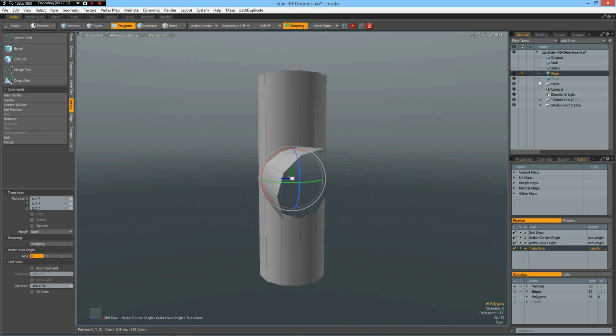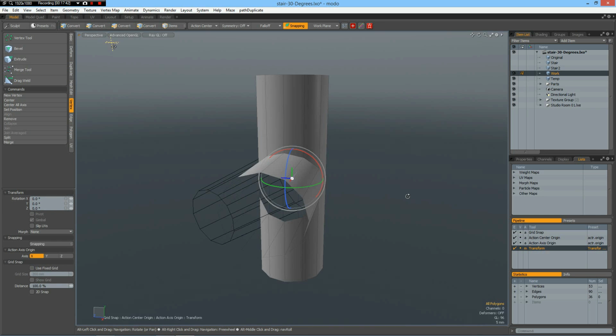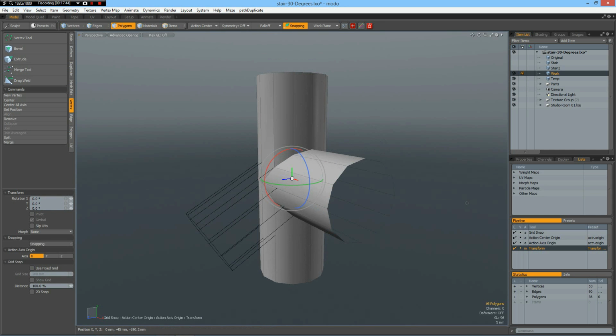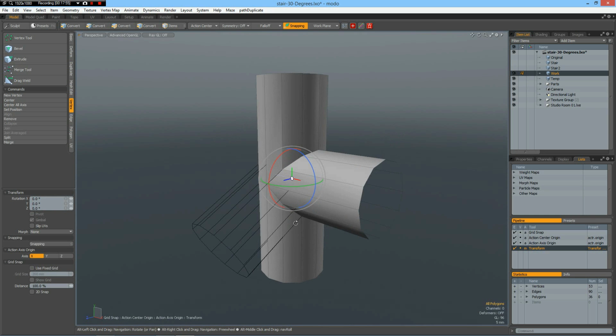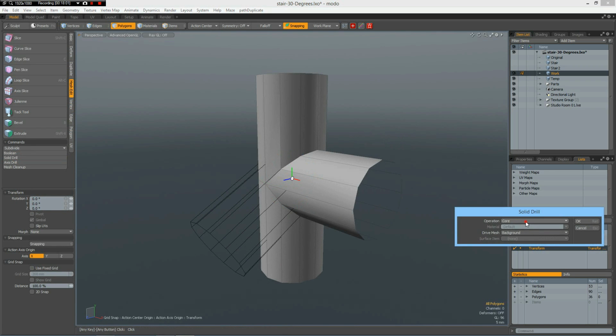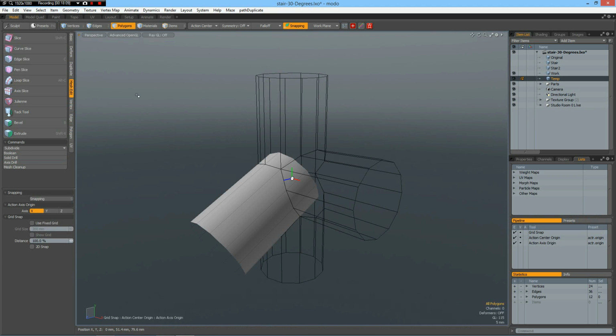Control X, go to my temp, empty one, Control V, go back to my work, because I found out if you do Boolean stencils, you better cut the more complex part first and you have less problems. So let's go to Mesh Edit, Solid Drill, Stencil, OK, drop the tool, change to our temp, and Mesh Edit,